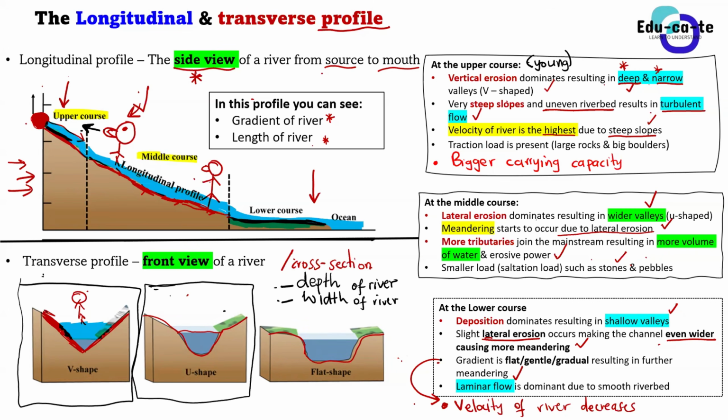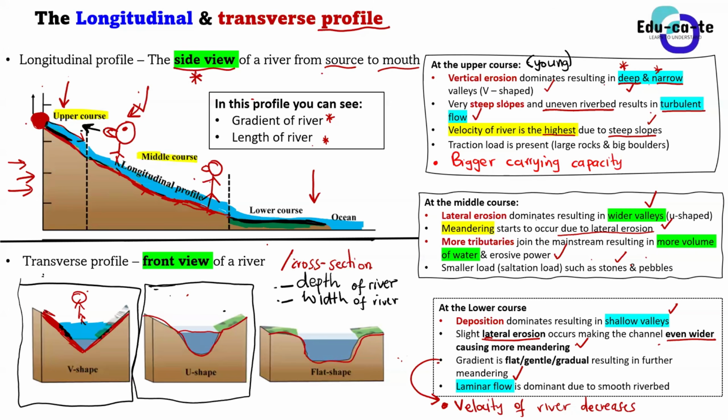Because the river can only have power if it is flowing much faster. Imagine, let's just say you go to the beach. The water is not violent, because it is not flowing that fast and it's not flooding. But if there's a tropical cyclone and there are floods, you will run away from the water. The water is only dangerous if it's flowing faster, because then it can carry many things. It can erode and destroy things, uproot trees, and carry them as eroded material. It has a greater carrying capacity when the river is flowing fast. But now we know that the river will flow slower due to the gentle gradient at the lower course.